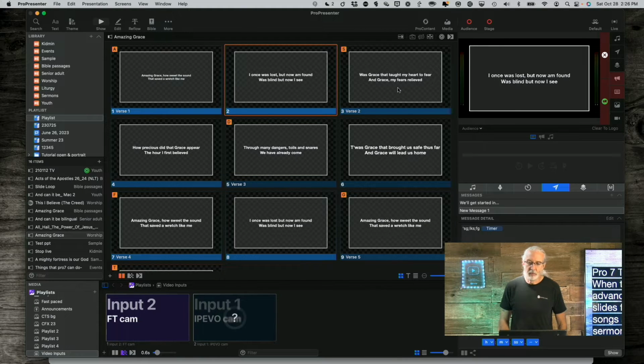I see 2 syllables, 2 words. Fears relieved is actually like 4 syllables, so that's twice as long, whereas because Amazing Grace isn't a super fast song, you could actually have that go a little bit longer. So that may not be as good to change it at fears.